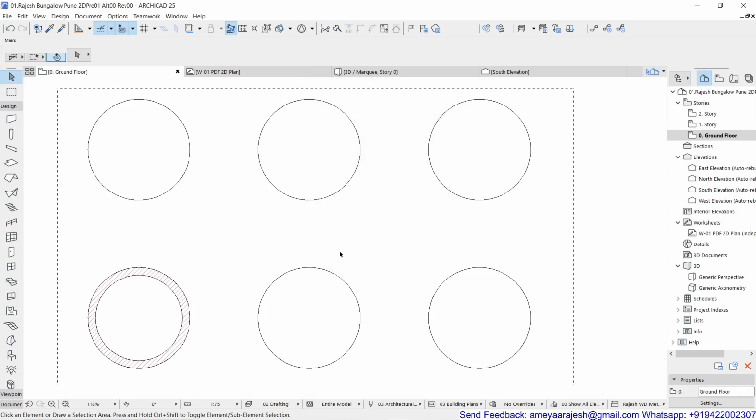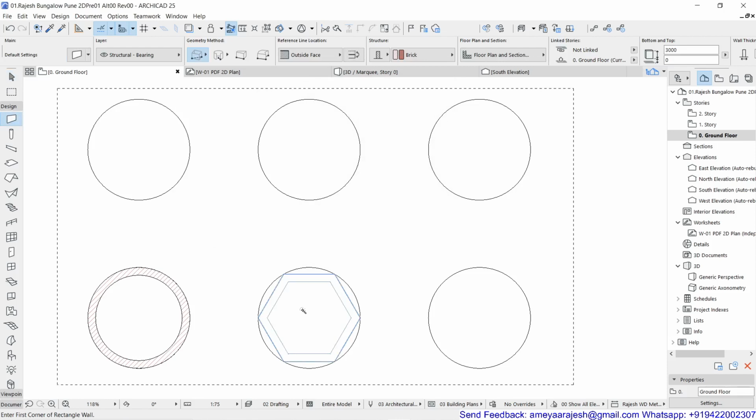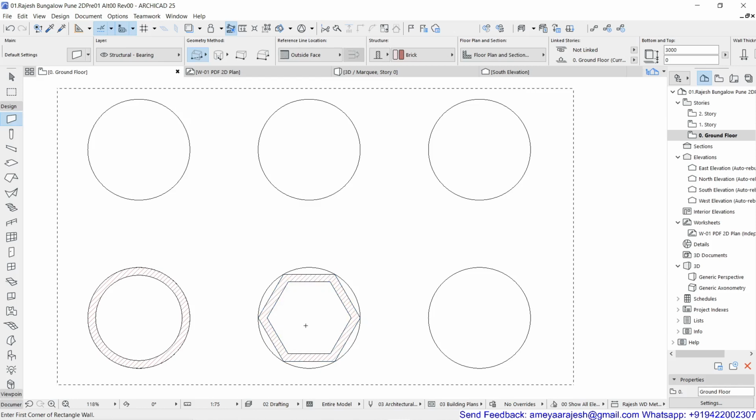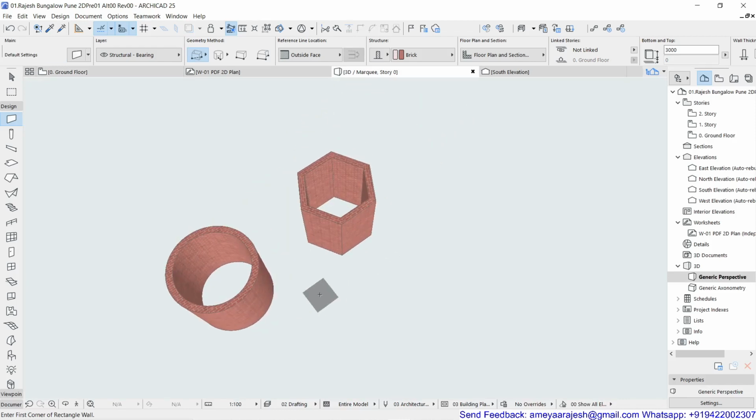And if I just try to hold the space bar, but with the magic wall tool activated, and then I'll hold this, you'll see what exactly is going to happen. Actually, you're going to construct the hexagon this time. Getting the meaning? So if I again press F5, because the marquee is already still there in front of me, now there are two objects which I have constructed, and only those two objects will get displayed in front of me.